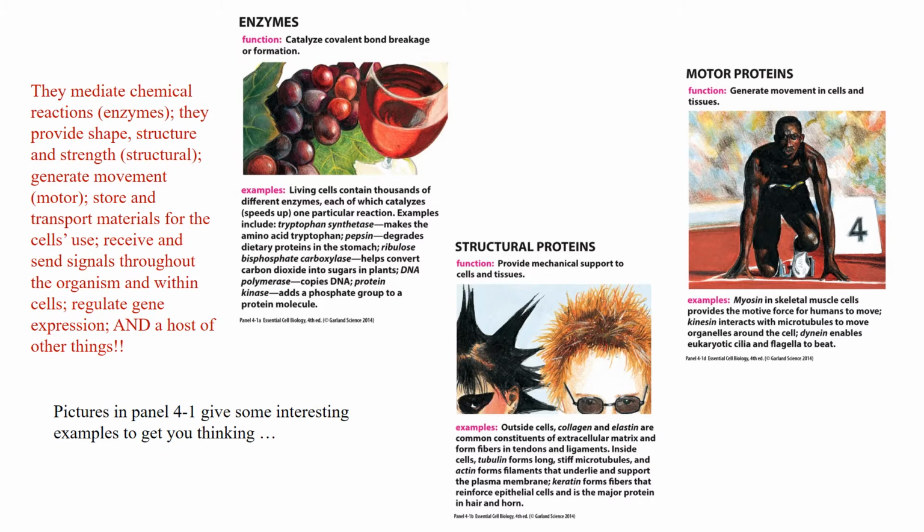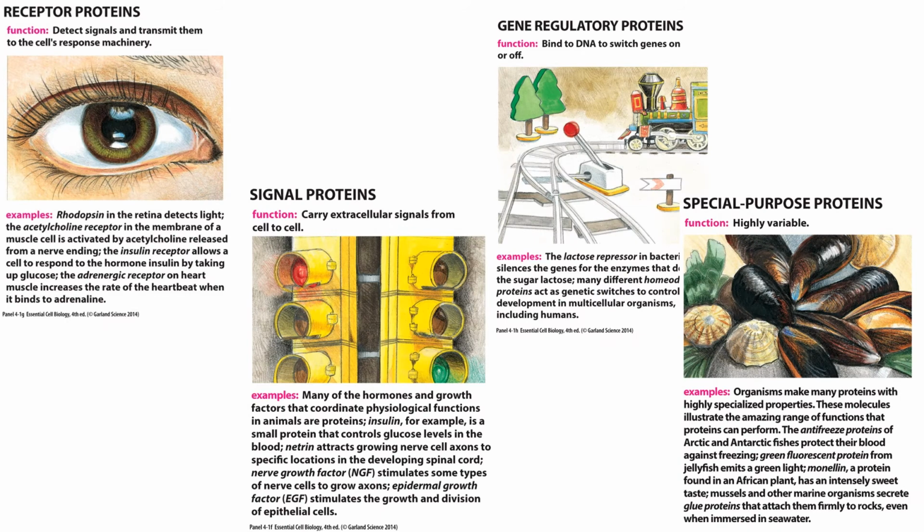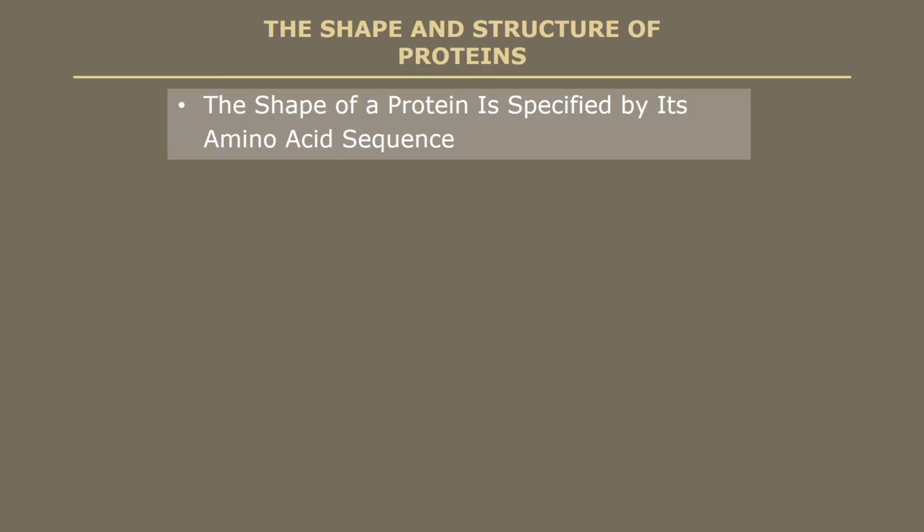These pictures on this page and the following page are all from panel 4-1 and give you some ideas of the kinds of things that proteins do. Now, as we know, a protein has the particular function it does according to the unique characteristics of its shape. The shape is very complex, and fundamentally that complex shape of a protein is specified by the sequence of amino